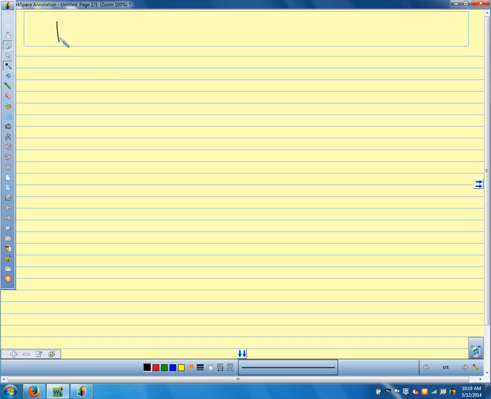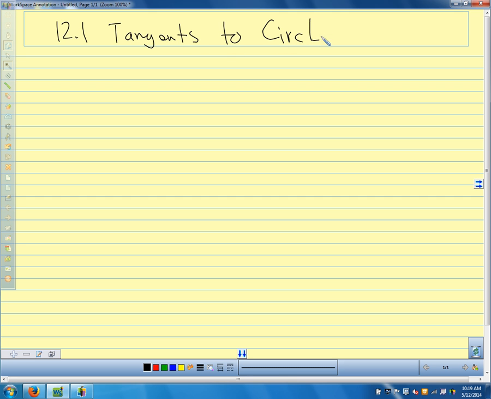So we're in section 12.1, talking about tangents to circles. First off, we need to know what we mean. We're not talking about tangent like we did when we talked about trigonometry. So a tangent to a circle